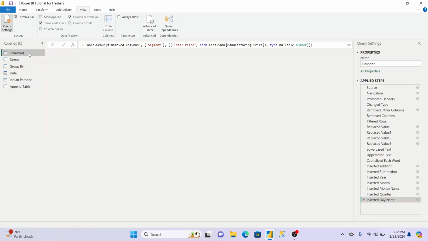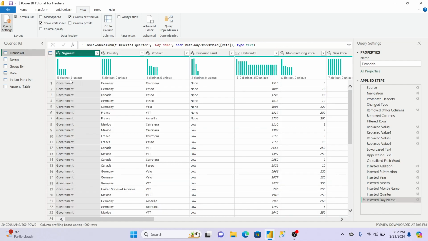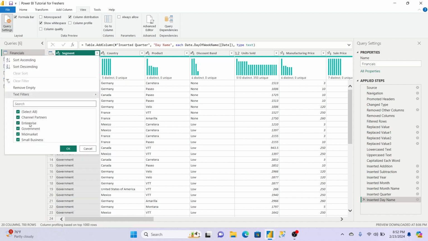If you go to this financial table and see here, it is not showing 5 unique, it is showing 0 unique. The reason is that government is repeated. Unique means if in this column a record has come only one time, then only it is considered unique. And 5 different records are there: channel partner, enterprise, government, mid market.